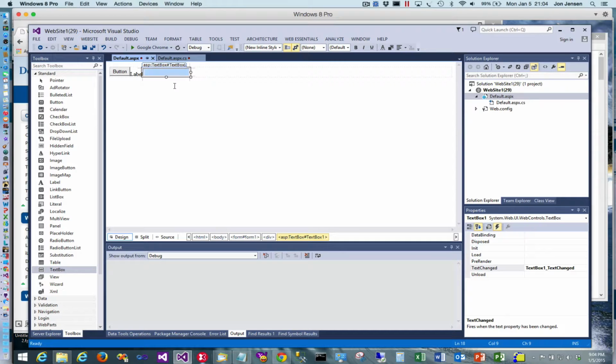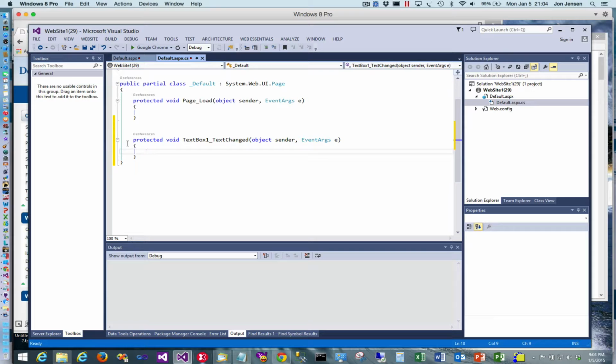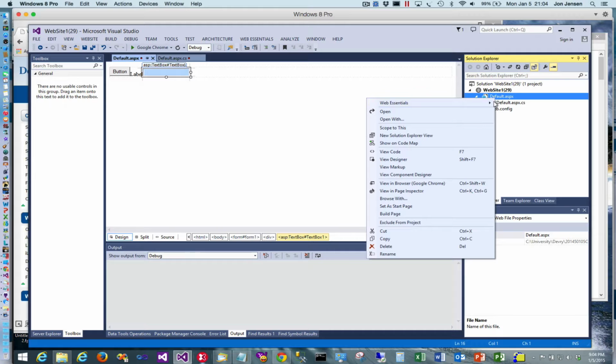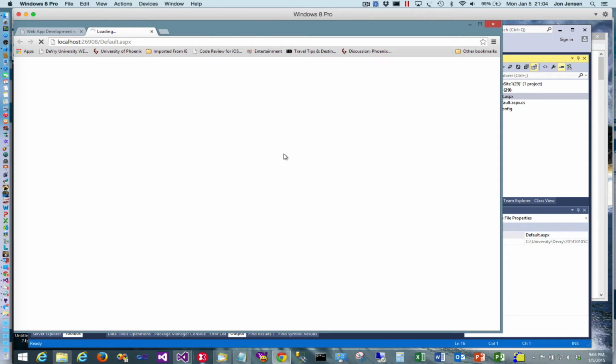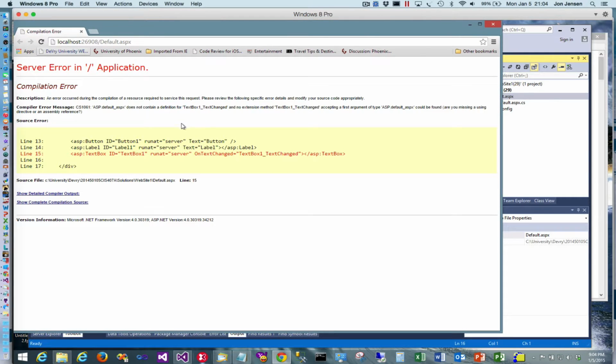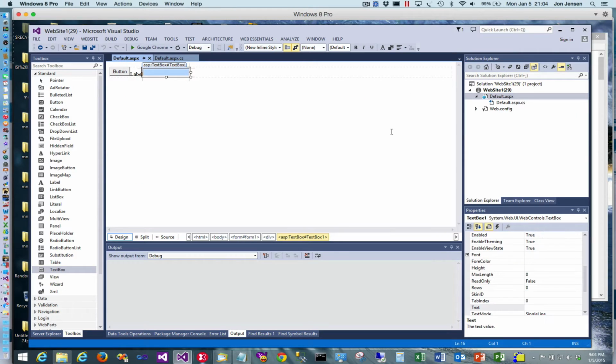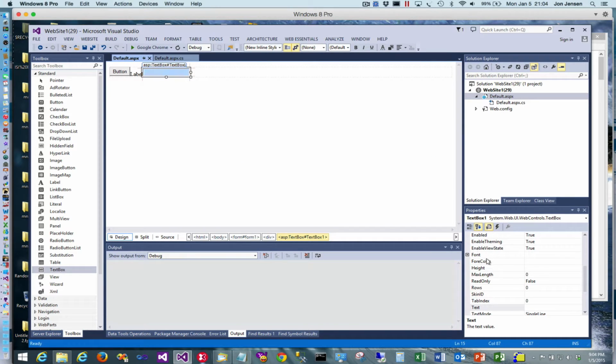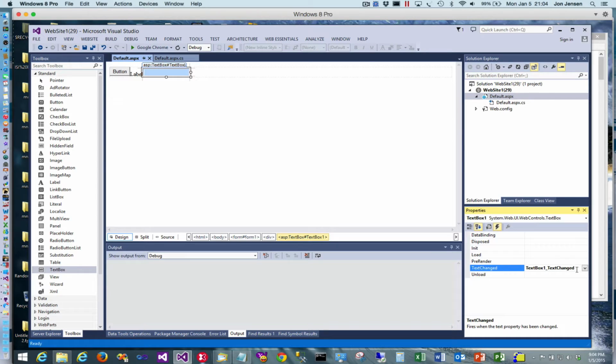So this is the most common error that students make: they accidentally double click on this. Then they get very nervous that this code got generated, and so they'll delete it. And then they'll run their page and they'll get a compiler error. And you see there it's the same error. It says, well, you're telling me there's this event, but I can't find it. So again, going into the markup and removing this code that's highlighted. But a better way to do it is simply to go to the control, go to the event here, and